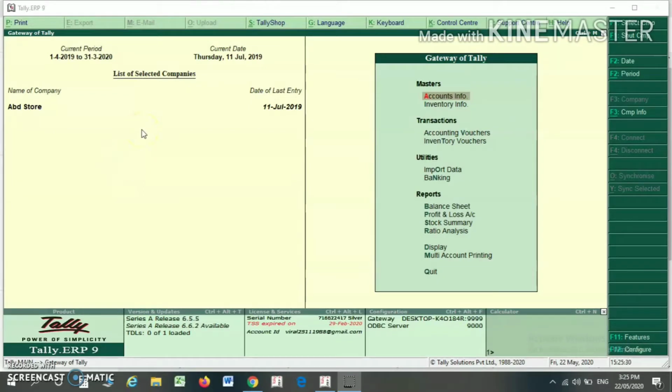Hello friends, in this video we are going to discuss how to see the bill-wise detailed report in your Tally ERP9 software for a particular group or for a particular ledger. I will also show you what are the benefits of viewing the bill-wise detailed report for a particular group or